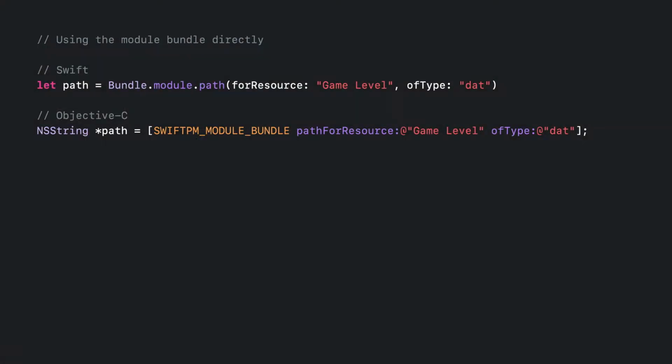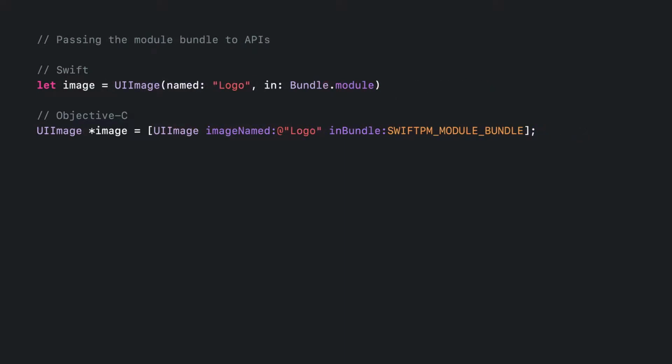Here's an example of using bundle APIs to access the files in the resource bundle from both Swift and Objective-C. In both languages, the accessor returns a Foundation bundle object that can be used to look up resources by name. But the resource bundle can also be passed to any system API that takes a bundle as a parameter. In the example shown here, it's being passed to a UIImage method that can look up images from the package